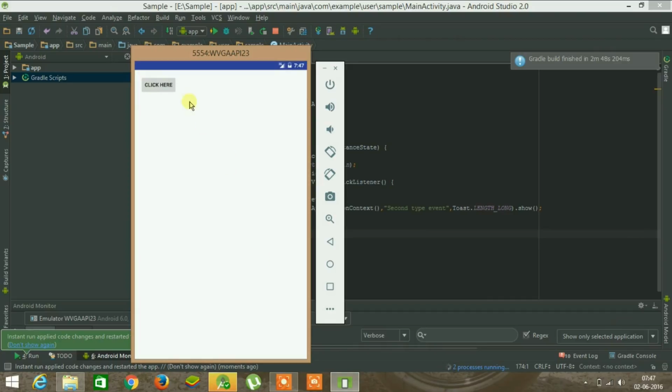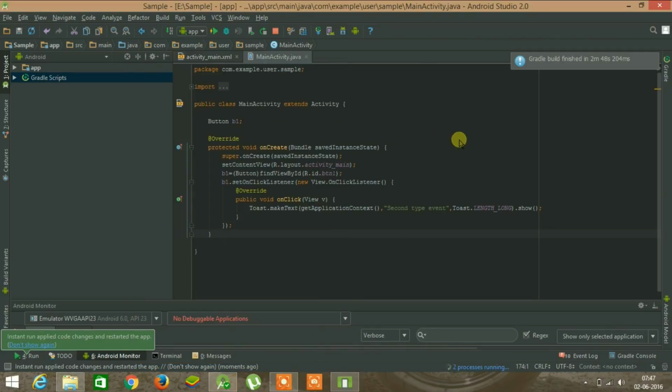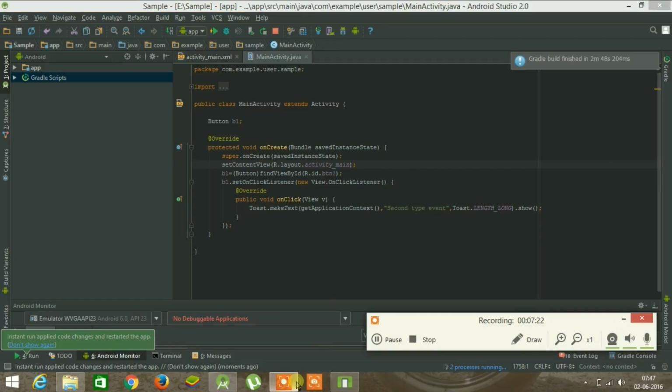Now let's test it. Now the application gets started, and when we click on this button, the simple